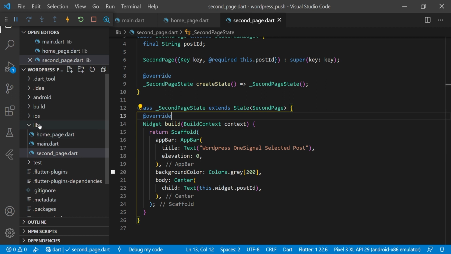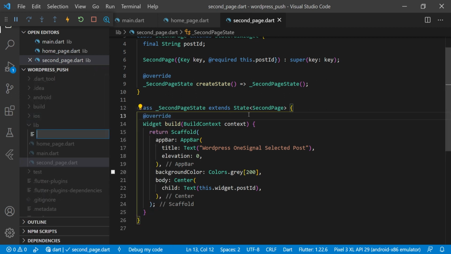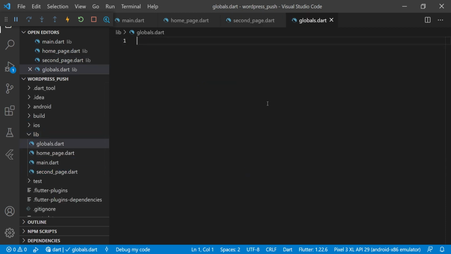So now we have to create one file here to access our global navigation. Suppose our application is not working, but still we have to use the navigation whenever any notification comes. So in that case we have to make our global navigation, and here we have that globals.dart file, and we will make it as a library, my_prj, that can be any name, globals.